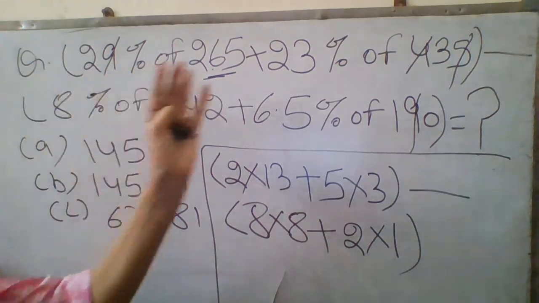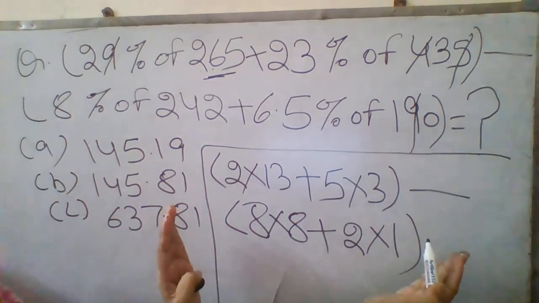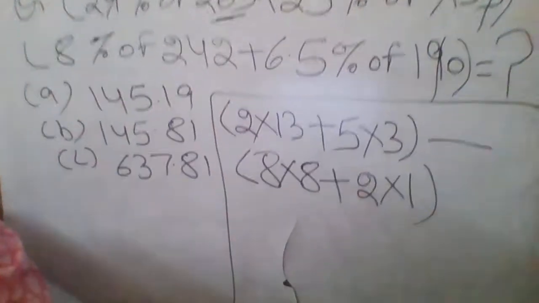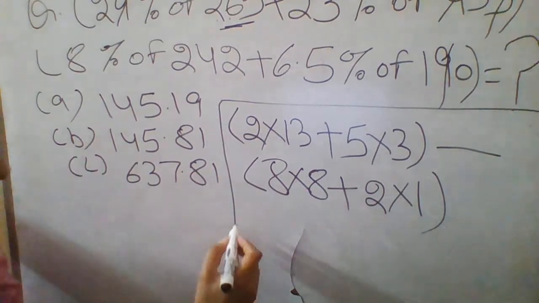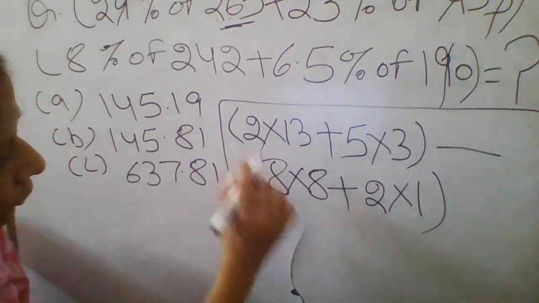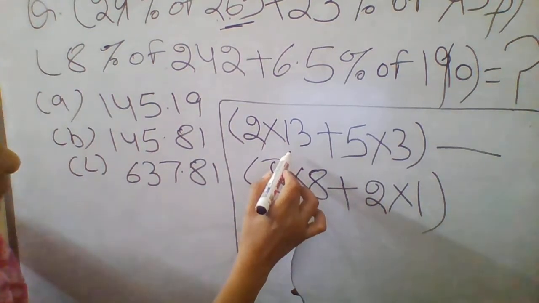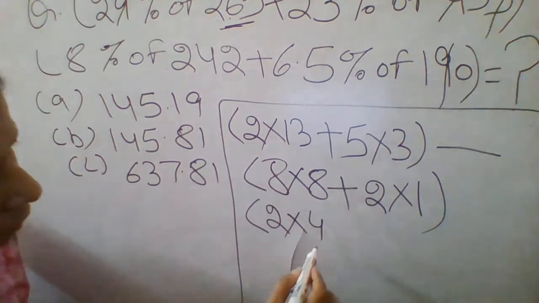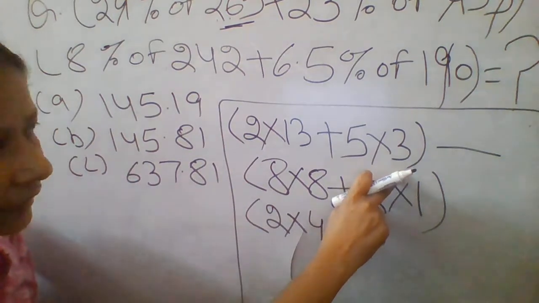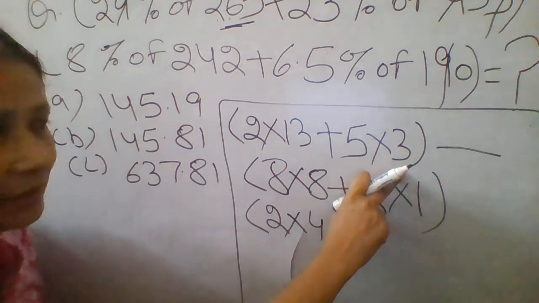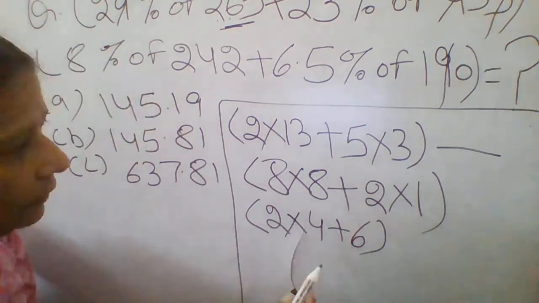See, you will not solve all this. In place of all this, you have to solve only this portion, okay. Now this portion is so easy for you to calculate. Now see, in bracket 2 multiply 3, this is 13, find out the DR, 4, okay, DR is 4 plus 5 into 3 is 15. So what is the DR of 15? 6. So I am going to write down 6 directly here.